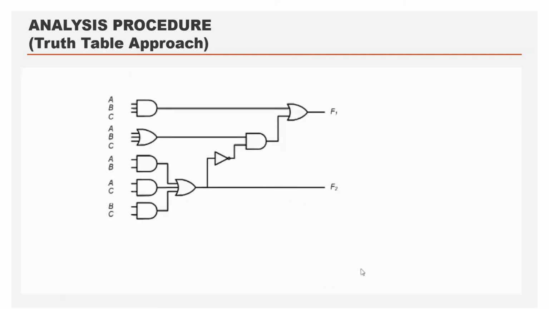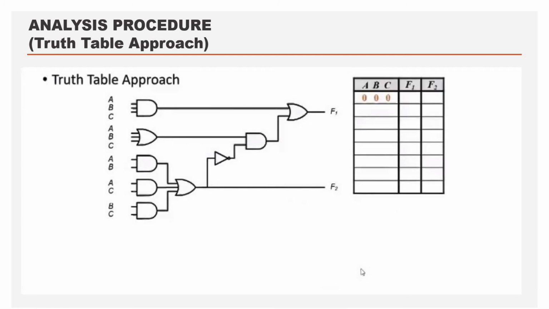Now the same example will be discussed with a different approach. The approach we are following now is the truth table approach. We form a truth table with ABC as the inputs. We are going to get F1 and F2 in terms of 0 and 1 with ABC as the three variables, and we will get 8 combinations from 0 to 7. We find F1 and F2 while we place A as 0, B as 0 and C as 0.